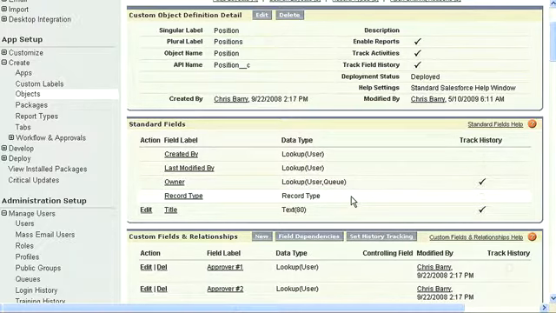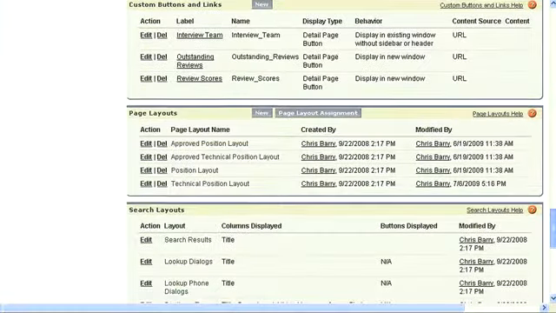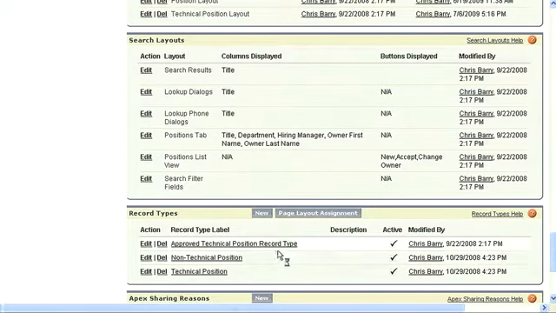That can be set to one of three things. It can be, in my case, set to approved technical position record type, non-technical position, and technical position. Okay? So that would be the value. Think of it almost as a pick list of all the available options that I have listed here. Okay? So jumping back to our slide,